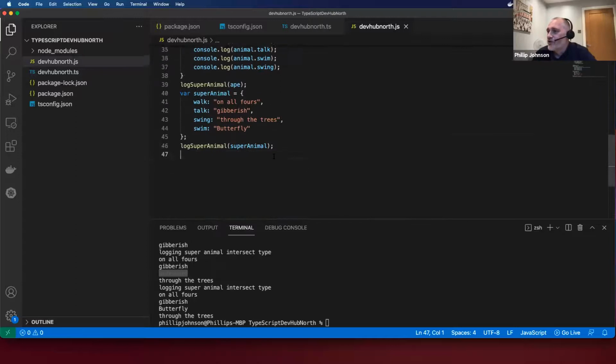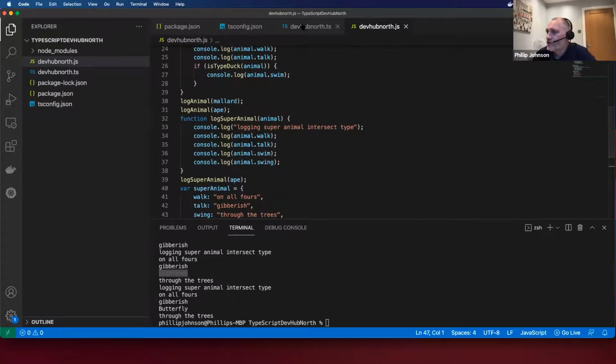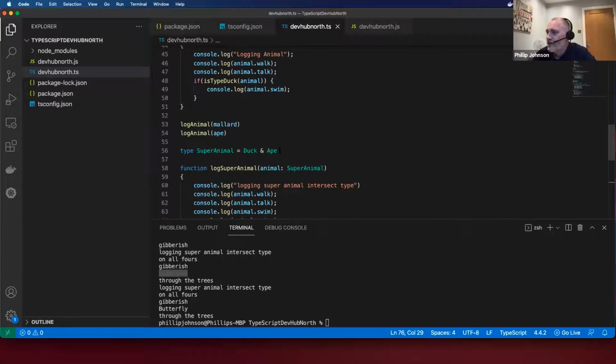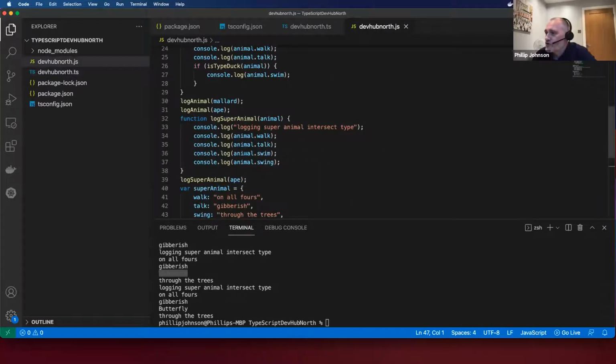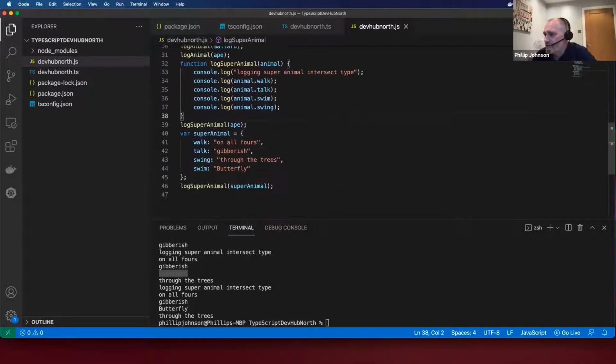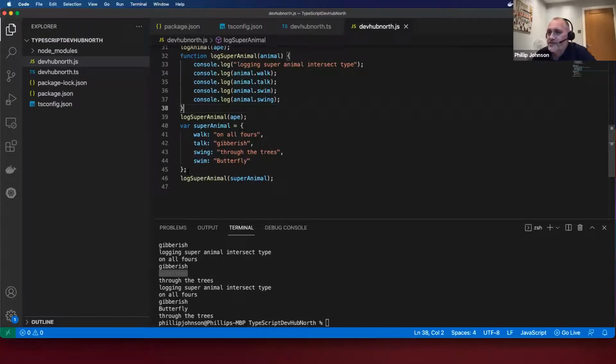And again, there's none of the code that we've got in here about saying what an intersect type is. That code is just up above the log super animal, but that's type level code. So up above log super animal, we don't have anything to do with that definition of that type. And this is the thing with the JavaScript. The JavaScript file is something that you can edit and save, and you'll still hit your problems. But what you do with TypeScript, for anybody who is new and